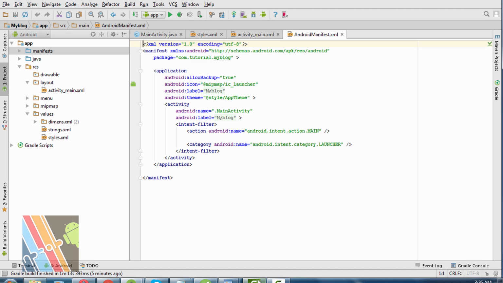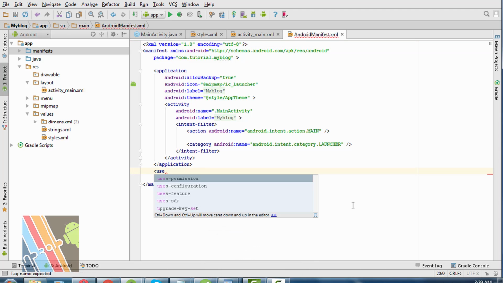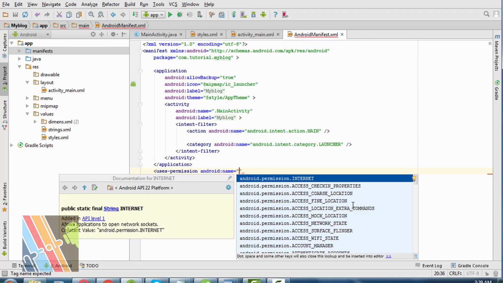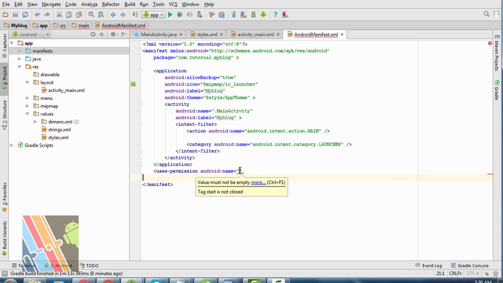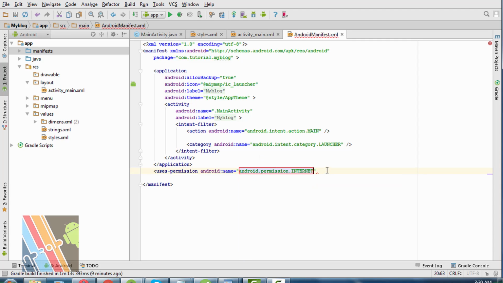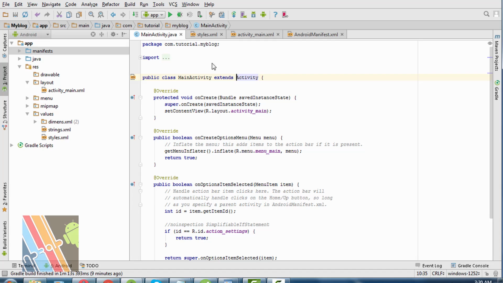Now we have to add the uses-permission android:name in the manifest file: android.permission.INTERNET. That is the permission for the app to access the internet. Now save this. Now go back to MainActivity